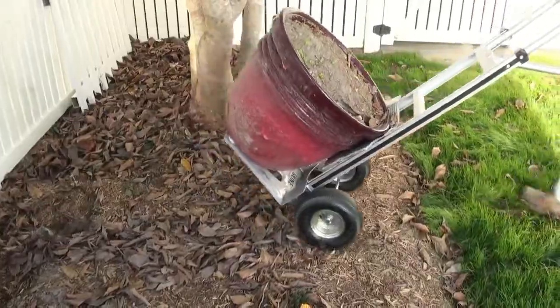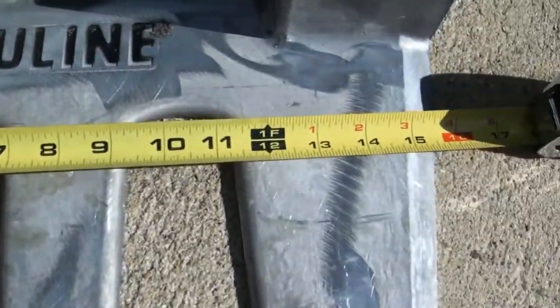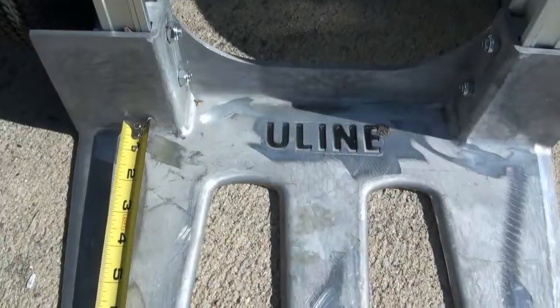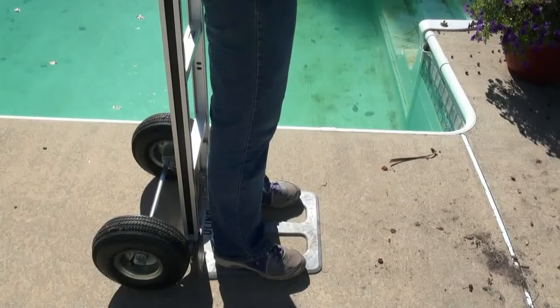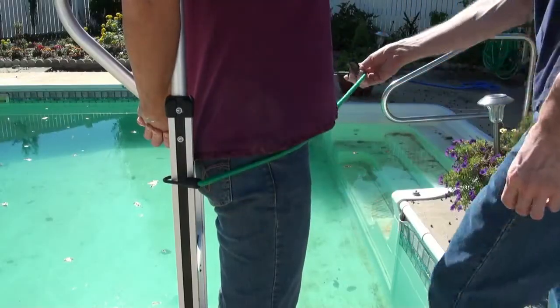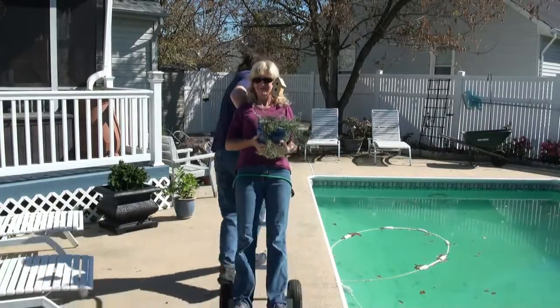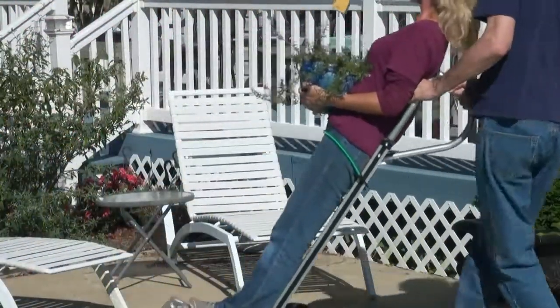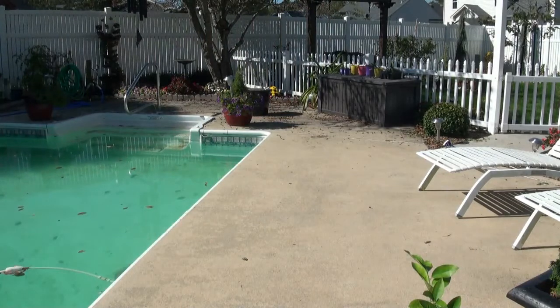I really like the big lip on it. Technically it's called a nose plate that you just don't find on too many other hand trucks. It makes the whole thing a lot more versatile and easier to move all sorts of things around from one place to another. I'm going to have to go ahead and give the ULINE H3200 hand truck a